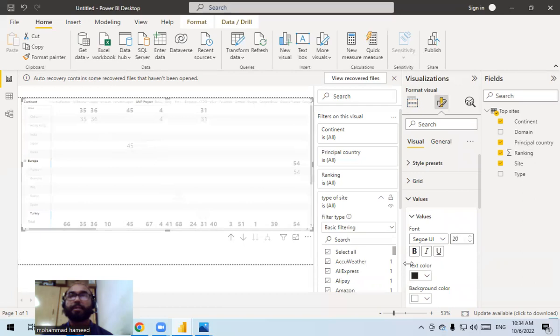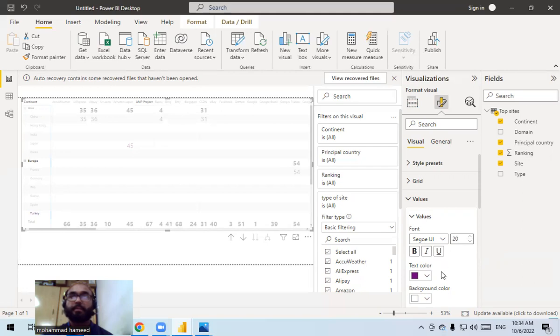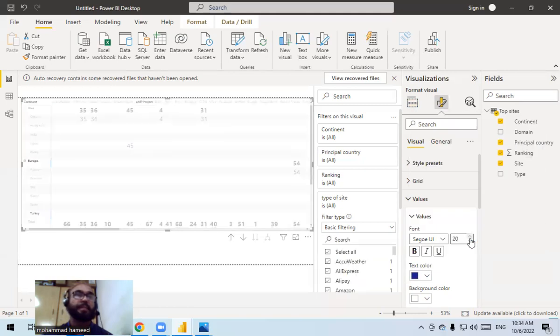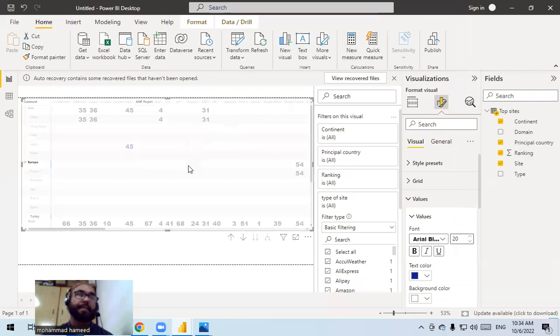Maybe this visualization is not very clear to you, so I change the text color to this. Still not very clear, so I change it to this one. I change the font style and keep it Black Arial. Now its visibility has improved. And another thing which we still have to do is